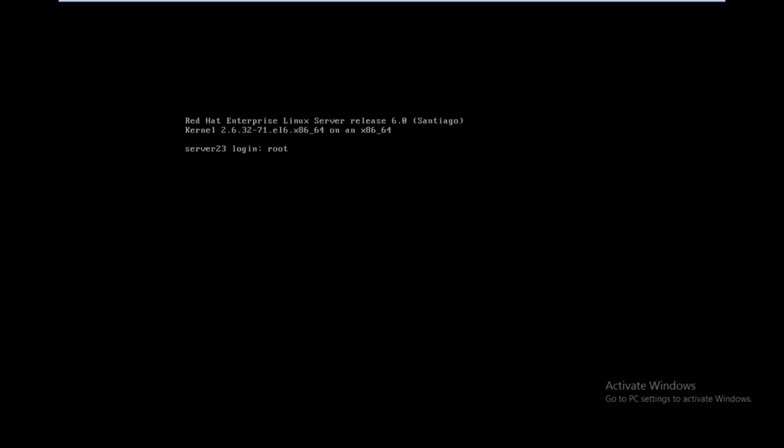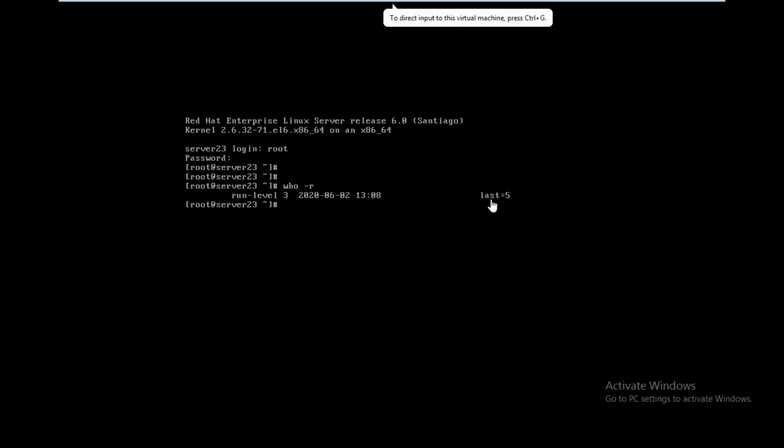Here give the username and the password. Now check the run level with who space -r. We are in run level 3, and our last run level is 5. Current run level is 3, last run level is 5.